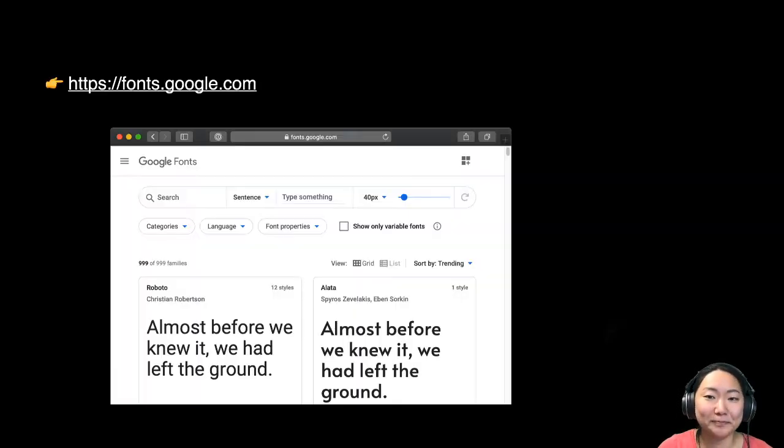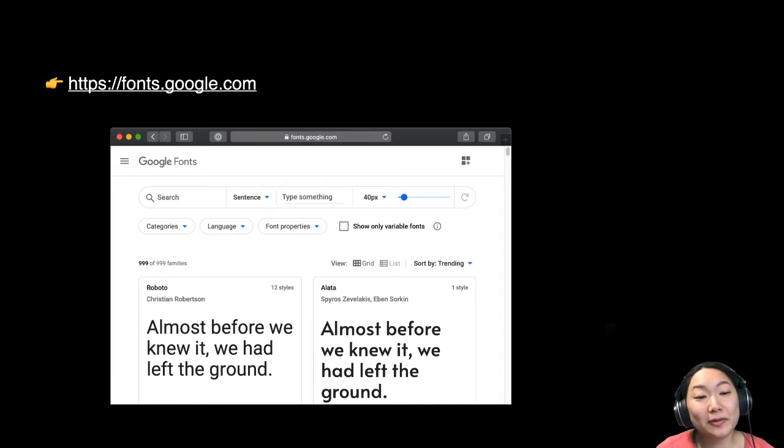And when it comes to finding typefaces, it seems a little bit confusing. It seems like there's all these different kinds of fonts and ways you can use them, different kinds of websites, collections, and so forth. And I'm going to try to scrape the tip of the iceberg. The first that I wanted to show you is a concept called open source typefaces or open source fonts. So a great website to check out for open source typefaces is the Google Fonts catalog.